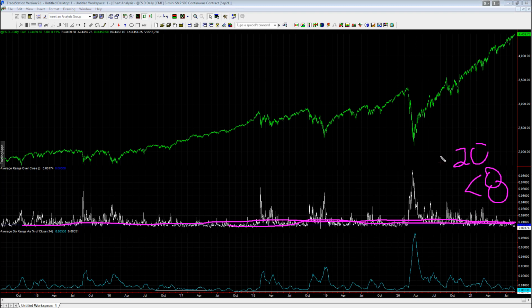I remember when the S&P was back at these levels in this time frame, 6 and 8 point ranges were holiday trading ranges, and now we're in holiday trading ranges. It is summer, but it's not a holiday. So very narrow ranges. Wanted to point this out to you when you look at this one-day analysis of the range over close. We still have time left in this session, so this could break out to the upside or downside and expand that range.